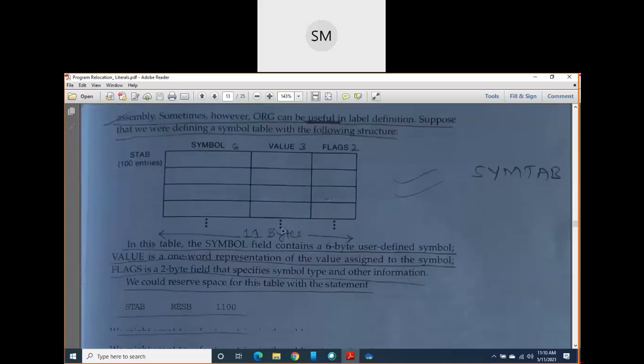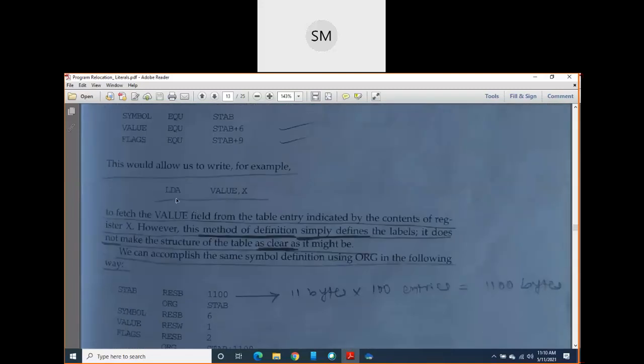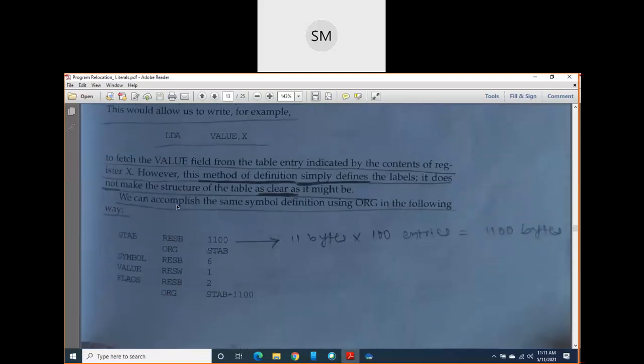From index 3 of this table, you can use the instruction LDA VALUE,X. Here X value will be 3. It means from index 3, from the column value, you load that value into register A. Like this, we can access the values from this table.